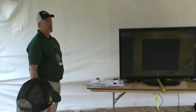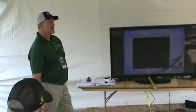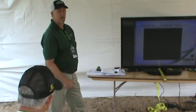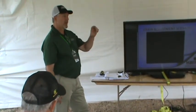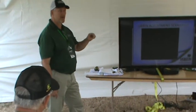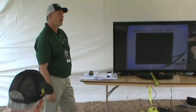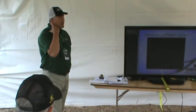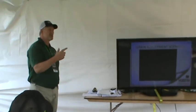Slow it down, see if that helps. If that doesn't seem to clean it up all the way, open up your concave one, the two. If you've got an electronic one there, that's measured in millimeters. So open that up. I guess I forgot when I first started, another good adjustment before we even get started